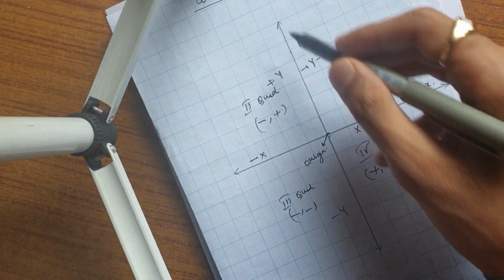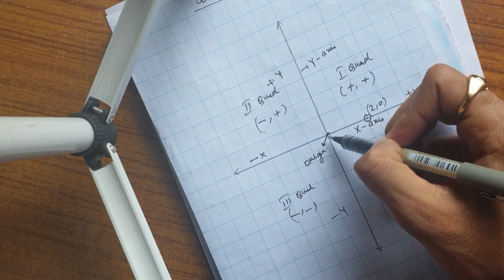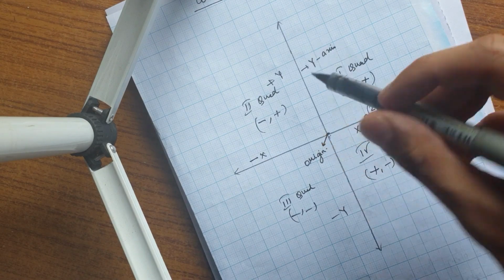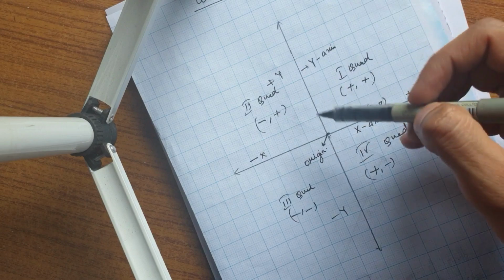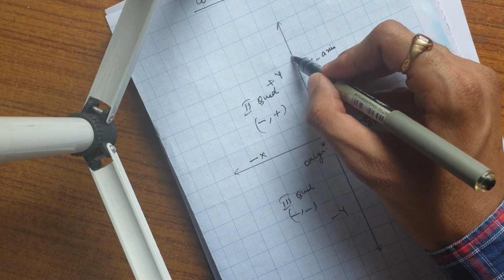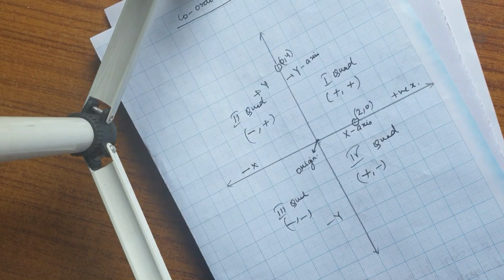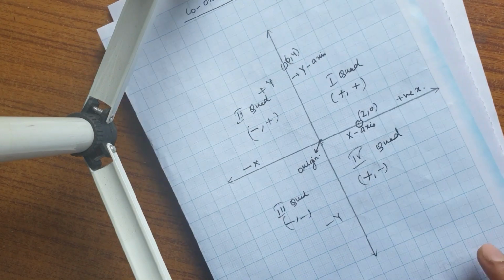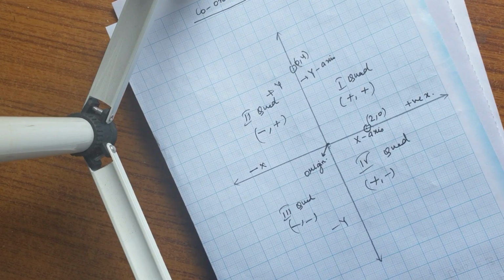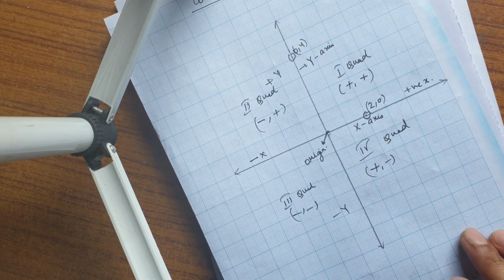For any point on the y-axis, the x coordinate will always be 0. For example, (0, 4). In (0, 4), x is 0 and y is 4. So 0, 1, 2, 3, 4. This point will be your (0, 4). This is just a rough diagram. We will be doing the questions which are asked in the exam, don't worry. I hope you got the basic concepts. Now keep that in mind, children.